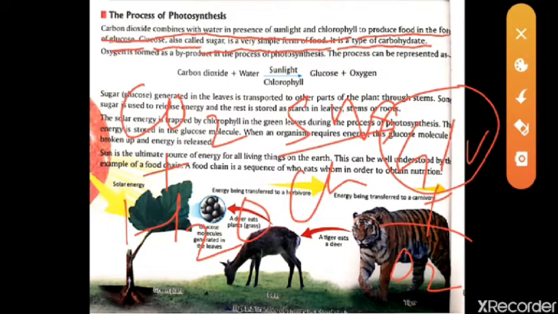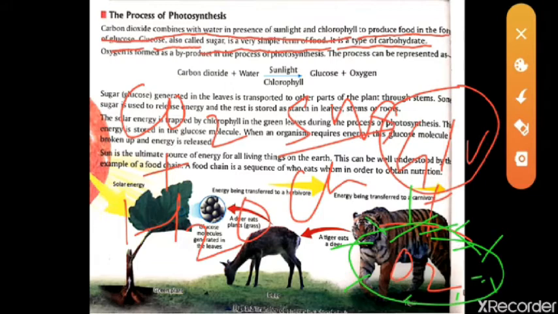Now this over here, that means oxygen is produced as a byproduct in this photosynthesis. So we just tell now that the plant gives us oxygen, the plant is giving us life. So due to this byproduct, this oxygen, we are getting the oxygen from the plant. That means this is the byproduct for the plant, and this is useful for us.